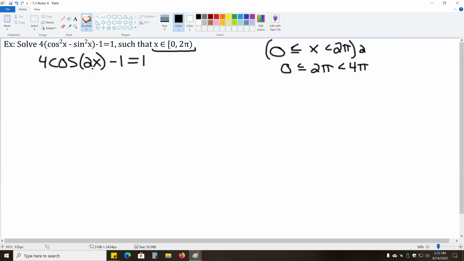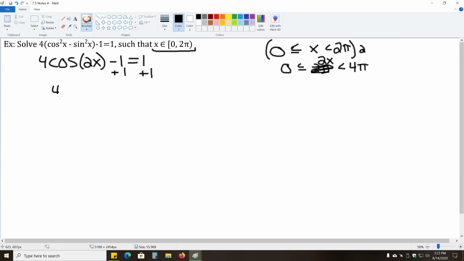And now we can begin solving for 2x. Oh, and I wrote 2 pi. Sorry, 2x. Now we can begin solving for 2x. So we start by adding 1 to each side,